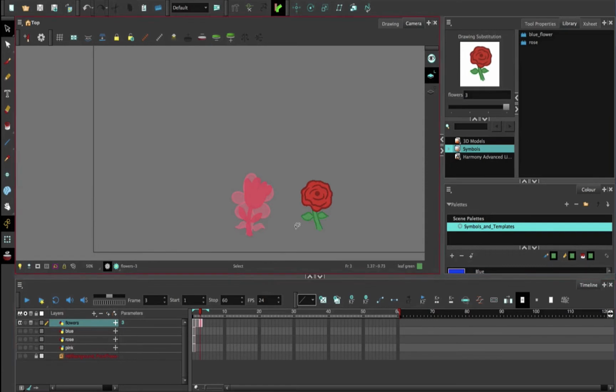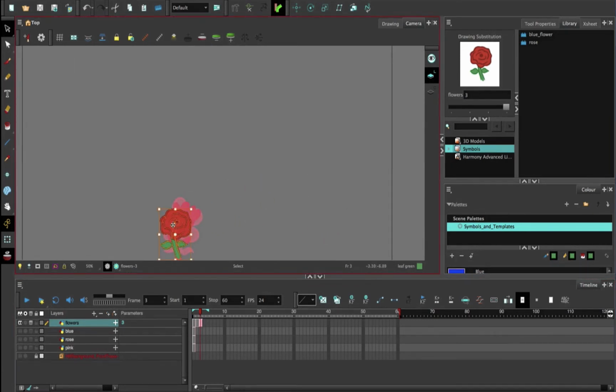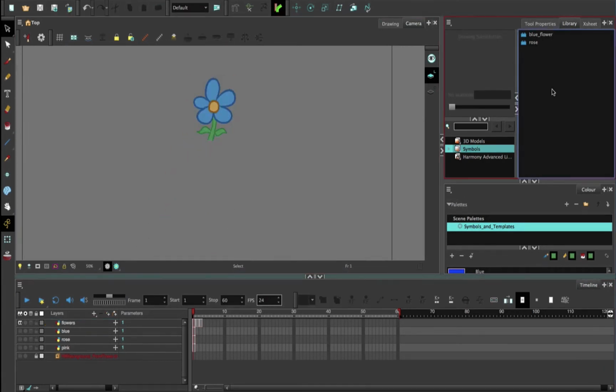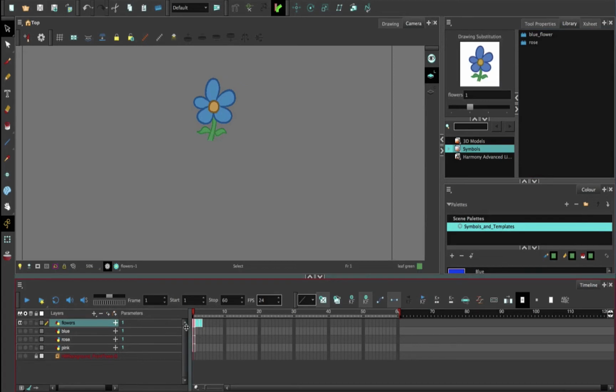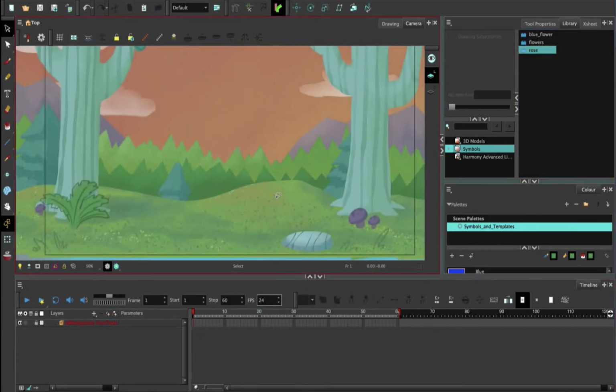And I'm going to line these all up so that they're in generally the same position. And in fact, I may as well put them all in the center of the stage. There we go. Then I'll just select those frames and drag them into the symbols folder again. And then I have a symbol called flowers. So now back in our scene, if I want to populate it with a bunch of flowers,